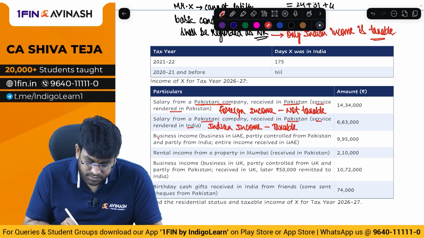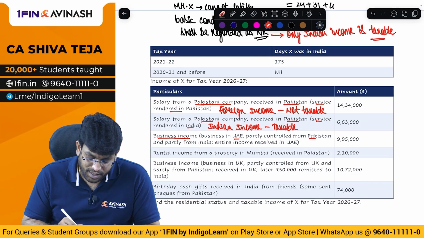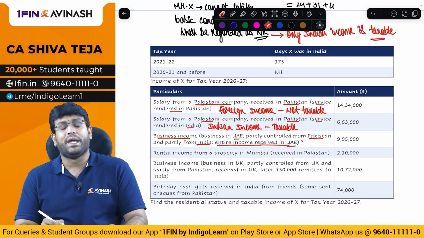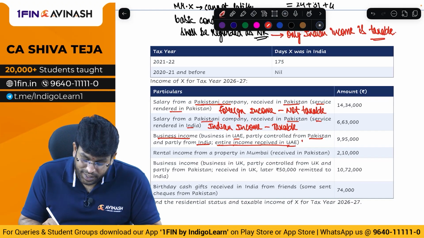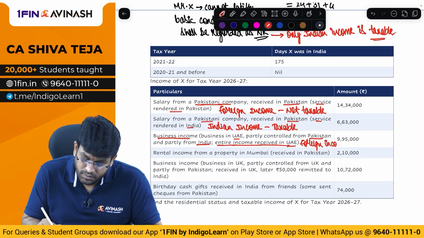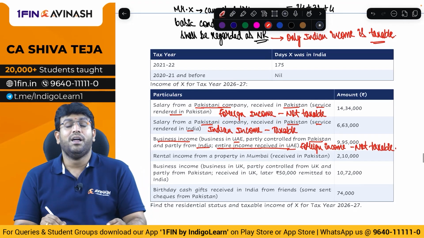Next point. Business income. Business is in UAE, partly controlled from Pakistan and partly from India. And entire income is received in UAE. Since business is in UAE, it is accrued in UAE. Income is received also in UAE. It is definitely a foreign income. And again the answer is not taxable. Even though it is controlled partly from India, still